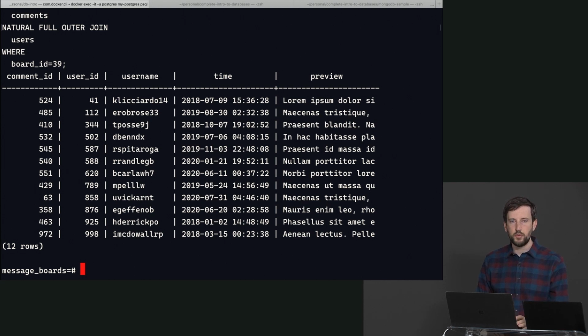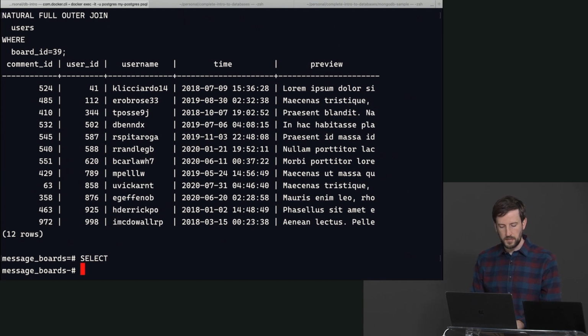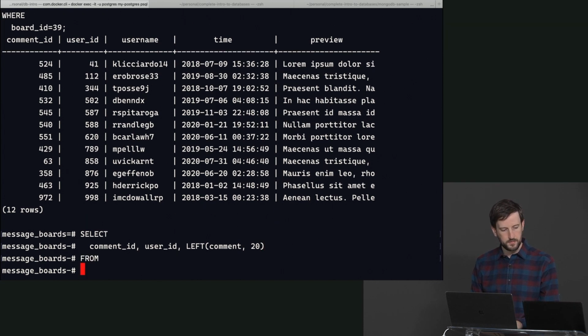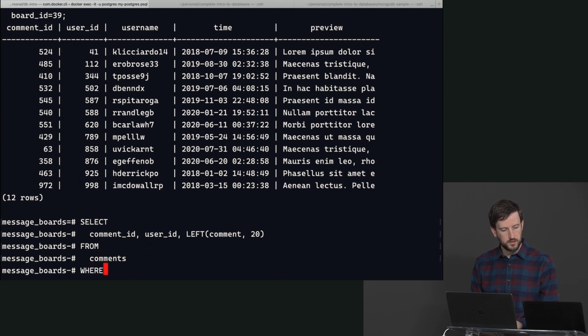So what we can do is a query to find Maynard's user ID and then use that user ID to query for all the comments. So we can say select comment ID. Let's just make this on multiple lines. Comment ID, user ID, and our comment left comment 20 from comments where